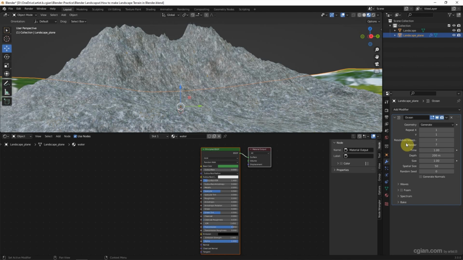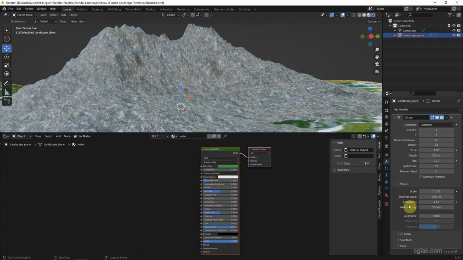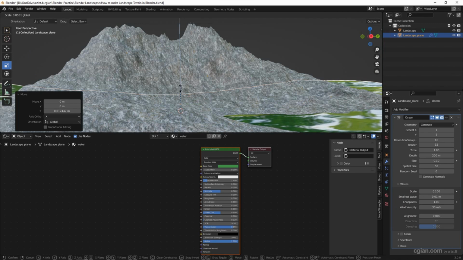to make it curvy. So I changed the resolution in viewport to 16 and 32 in the resolution of render, and change the size to 0.1, and the scale of the waves is 0.1, and then we can adjust the positioning and scale it down a bit.